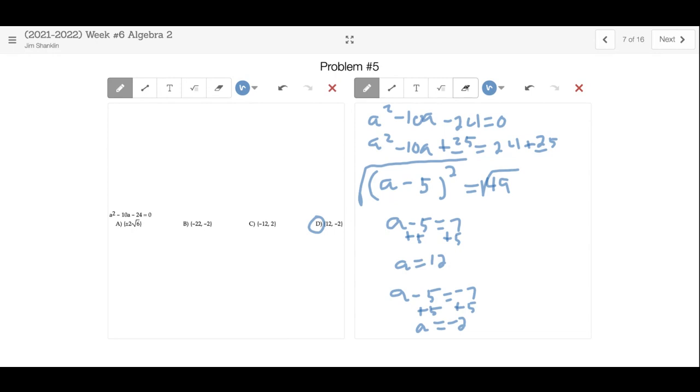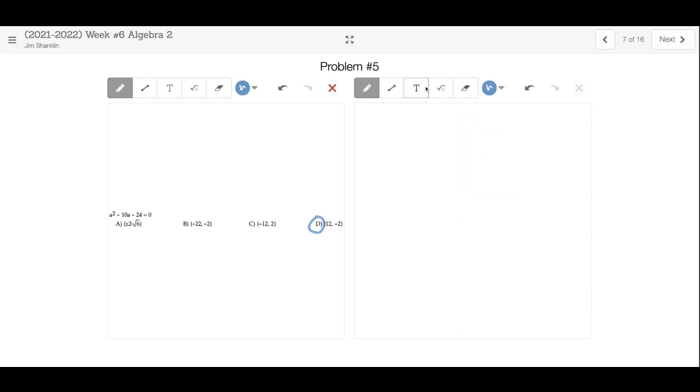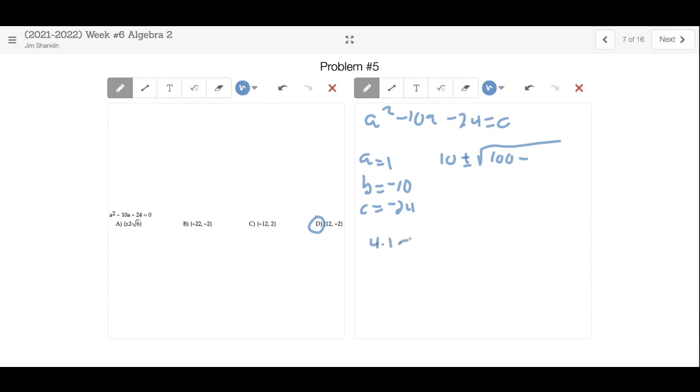All right, so I'm going to do the same thing. However, I'm going to use the quadratic formula. So I've got a squared minus 10a minus 24 is equal to 0. A is equal to 1. B is equal to negative 10. C is equal to negative 24. Negative b, so negative 10 is positive 10, plus or minus the square root of, well, negative 10 squared is 100. Anytime you square something, you get a positive. Minus 4 times a times c. So that's going to be negative